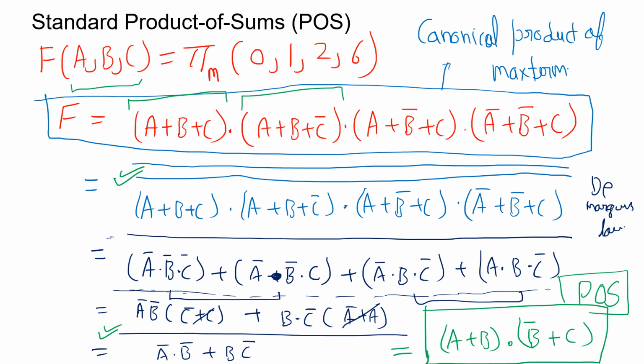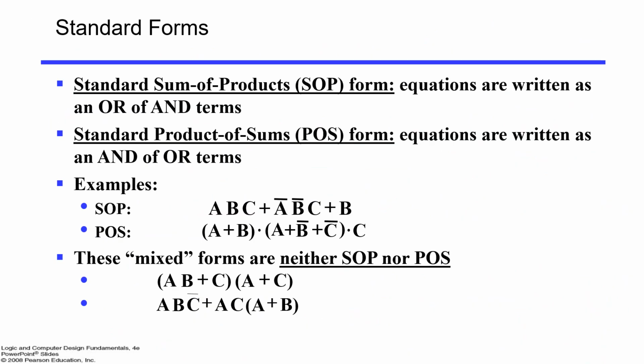I think it is clear till now, right? So let's look into this. Here is one example. This one is represented in the form of sum of product, where A dot B dot C, then plus, dot then plus, right? So this is sum of product. What about this? This is product of sum, right? Here we have sums then product, sums then product. So that is product of sum.